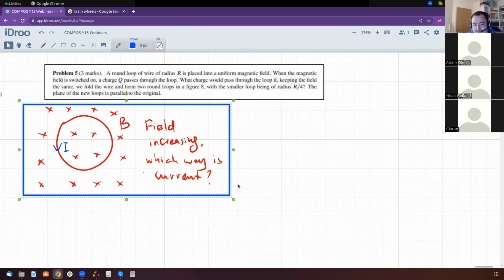And it's fine not to know. The right-hand thumb rule, yes, that is correct, but how do you use it? I'd like an explanation how it is done. Because if you use the right thumb rule,